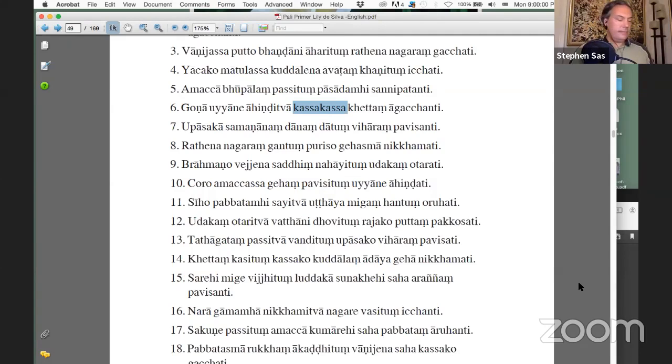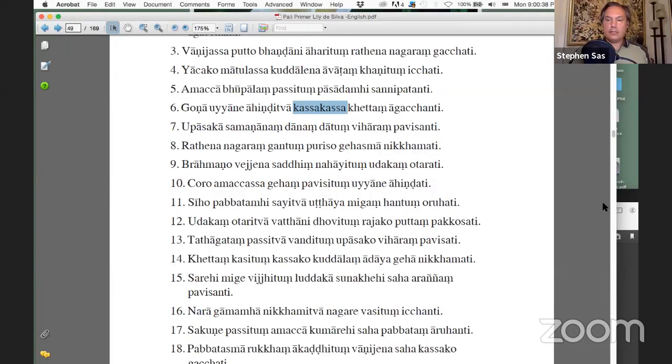The thief, that he wanders, and he wanders in a place, so it must be the uyane, he wanders in the park. It must be locative. To enter, parvisitum. So the thief wanders in the park to enter the house of the minister. That's right. That's what I got. I think it's possible I have a memory of people taking this a different way if one unscrambles slightly differently. But yes, that is what I have. The thief wanders in the park to enter the minister's house. Very good. Thank you.